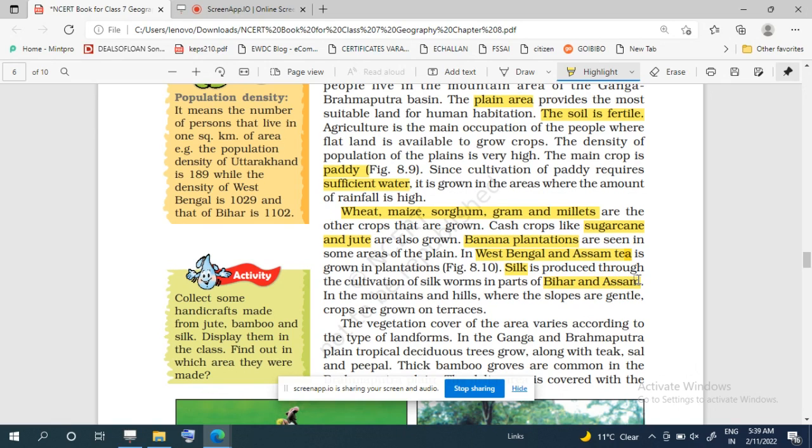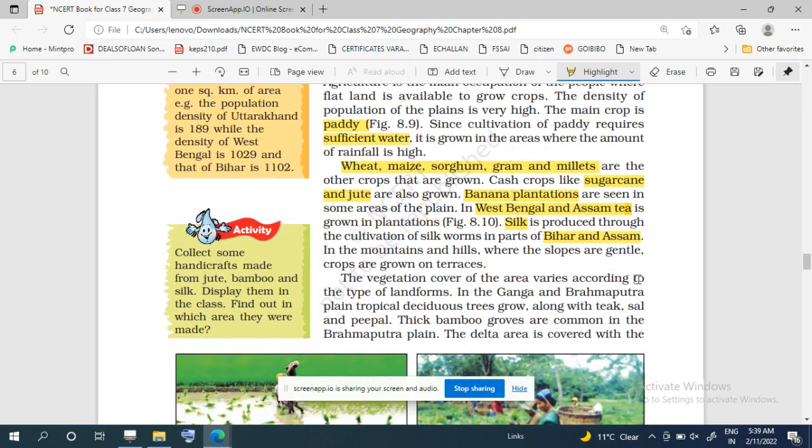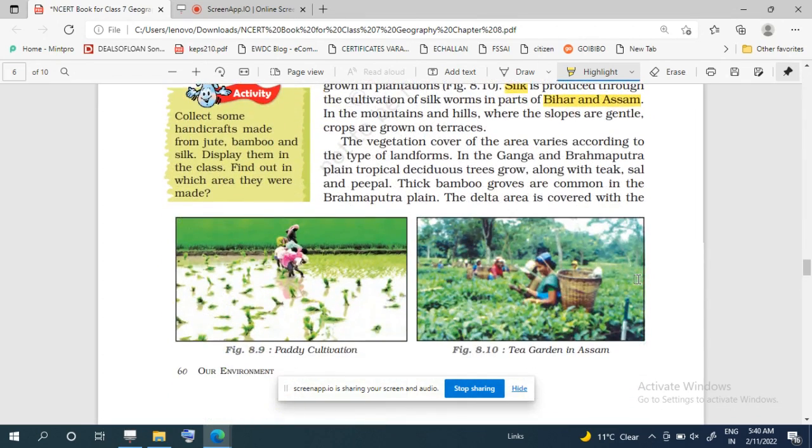And we see that these are the plain areas, and in the mountainous region we find that the crops are grown on terrace farming, right, where the slope is not very steep. If the slope is gentle, then terrace farming is possible there. And we see that the natural vegetation cover of the area is according to the type of the